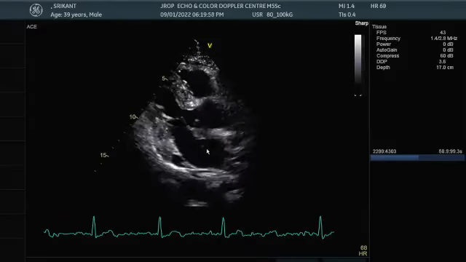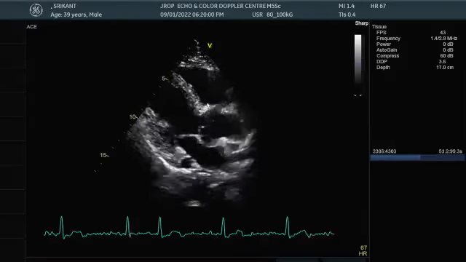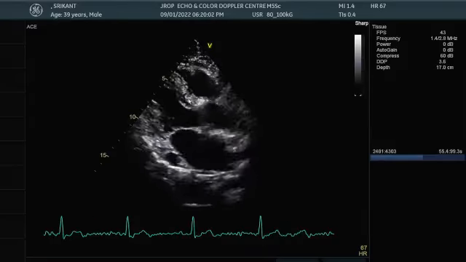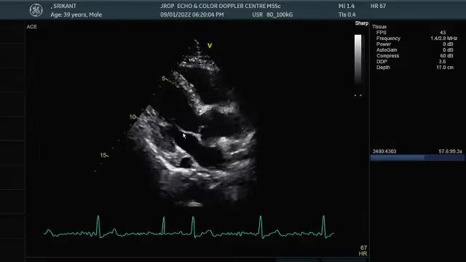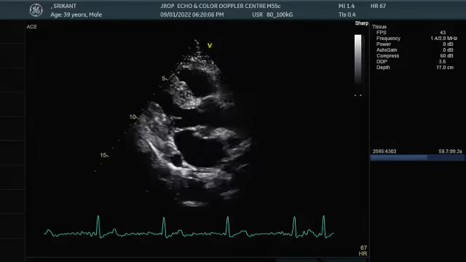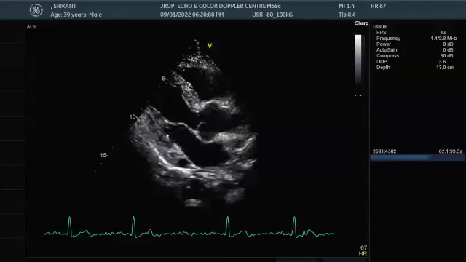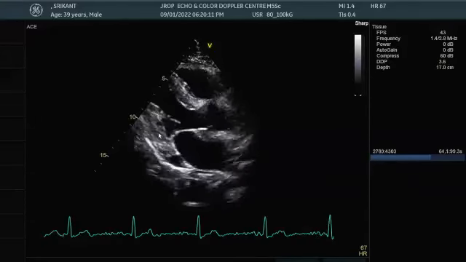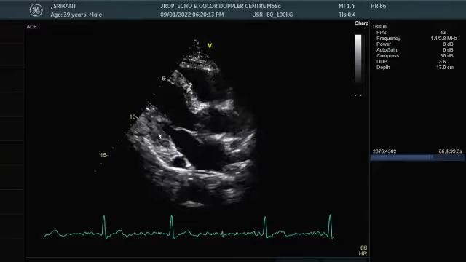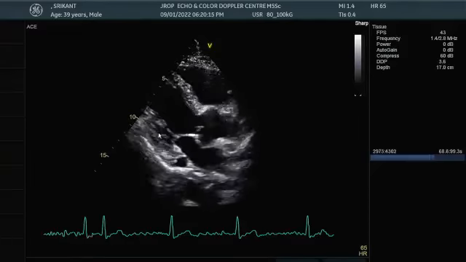Then the second thing is the anterior aortic root is in continuation with the interventricular septum. Posterior aortic root is in continuation with AML, and LA free wall is in continuation with PML as well as LV posterior. This is how we look at these structures.